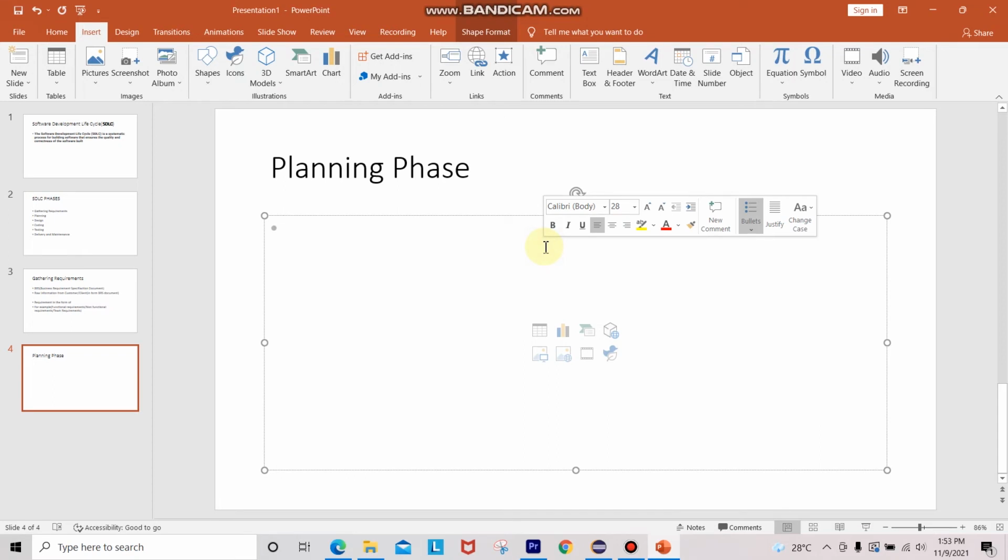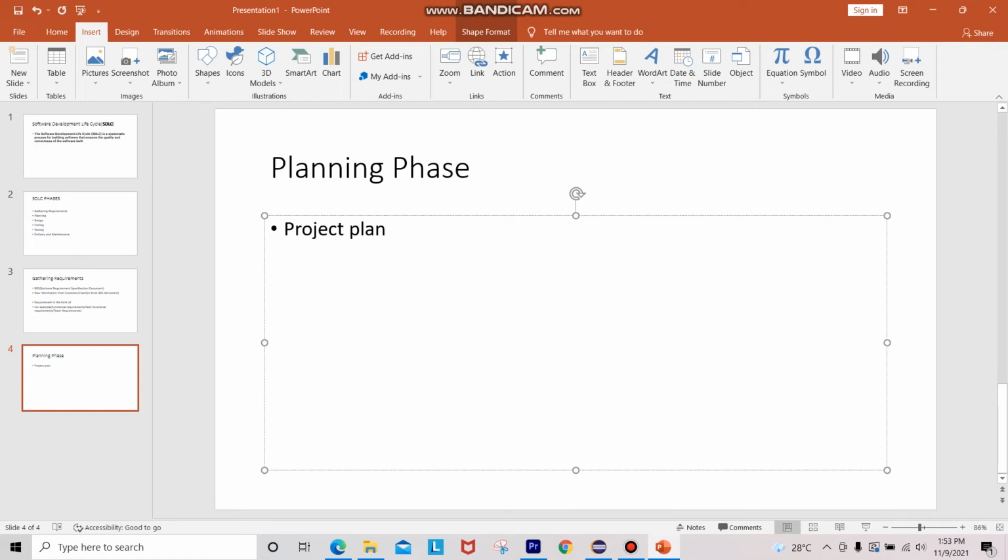Here we can plan the project plan. It is a kind of roadmap. Along with that project plan, we will have some test plan documents also.